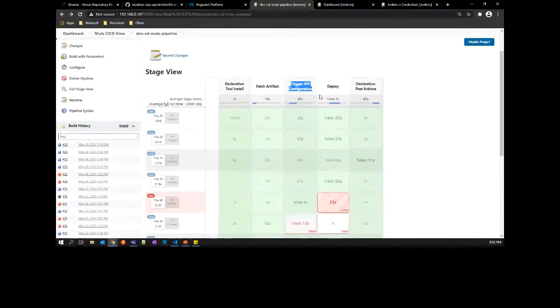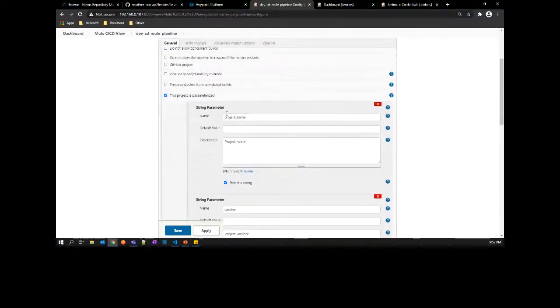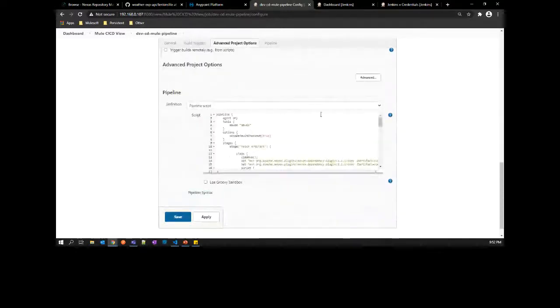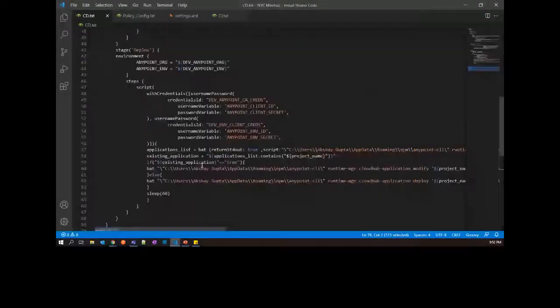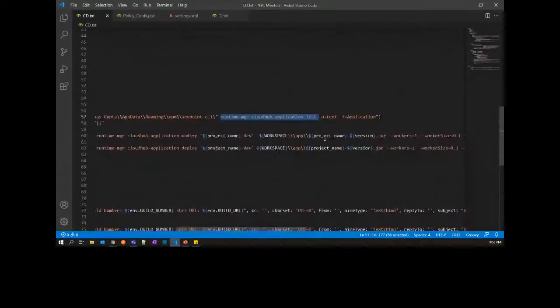And if you go into configure of CD one more time, there was one question related to modifying the application. So Surendra, to answer your question, what we are doing so far is just listing. At line number 57, we are making an application list command. If you go ahead, it will give the application list, and you have to make sure that it gives text format in return. By default, it gives a table, so Jenkins will struggle to parse that. Otherwise, you have to give more intelligence to it.